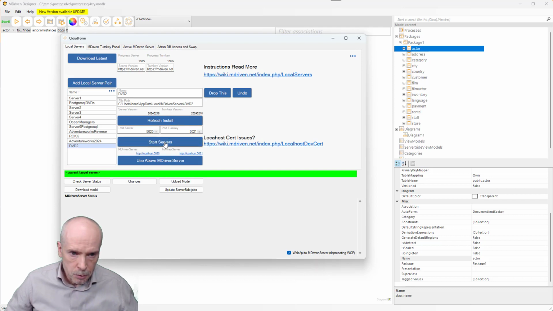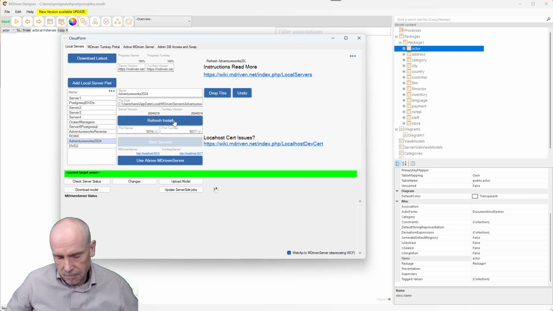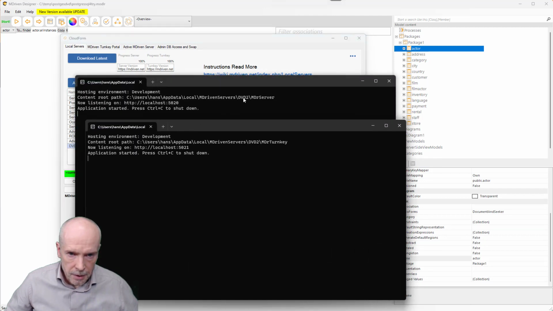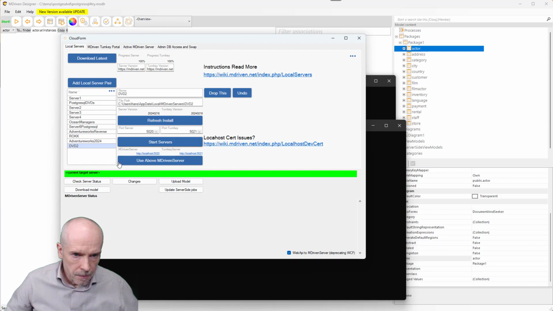And then usually when I start the service, that fails because there's a lot of file locks. It's easier if I refresh another pair in between. So I'm going to refresh this, that's totally safe just to refresh something. And then I'm going to switch back to DVD2 and start those servers and see that they start okay. So my MDriven server is at this address, and my turnkey server is at the address after, 5020 and 5021. Good. That means that if I go to 5020,